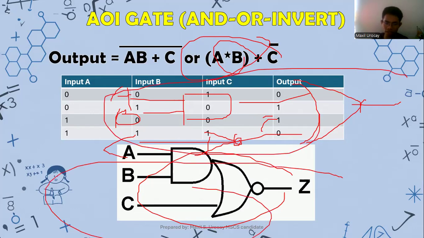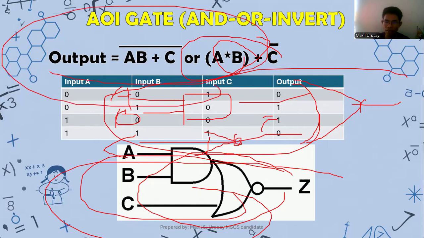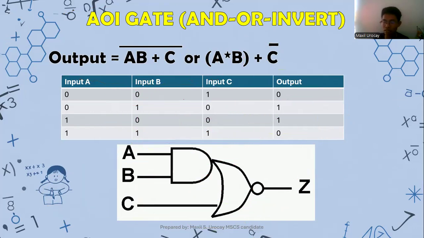But in this case, class, that's actually the inverted form of the AND-OR-invert, and it looks like this. If you put that into consideration, it is a bit confusing if you are simply memorizing everything with the rules. But no worries, you will not be applying that in your examination.